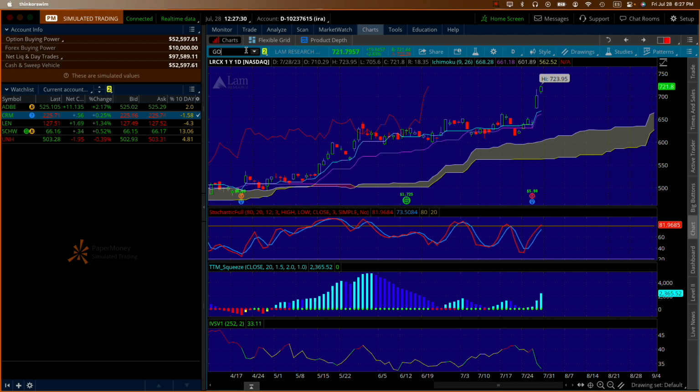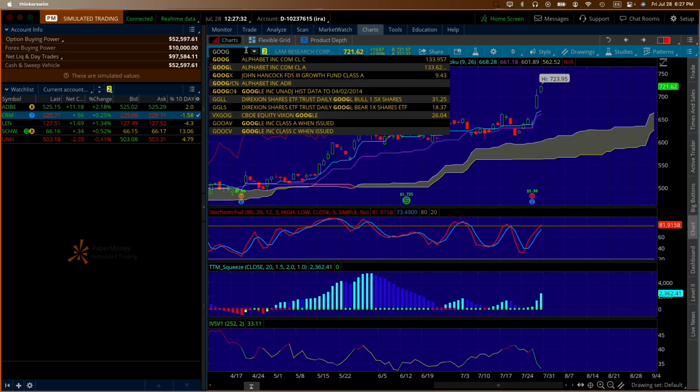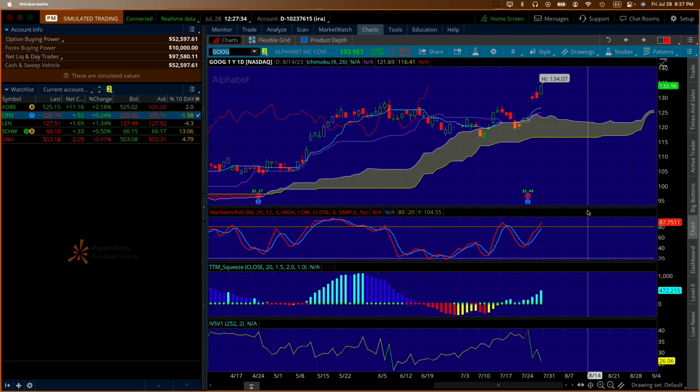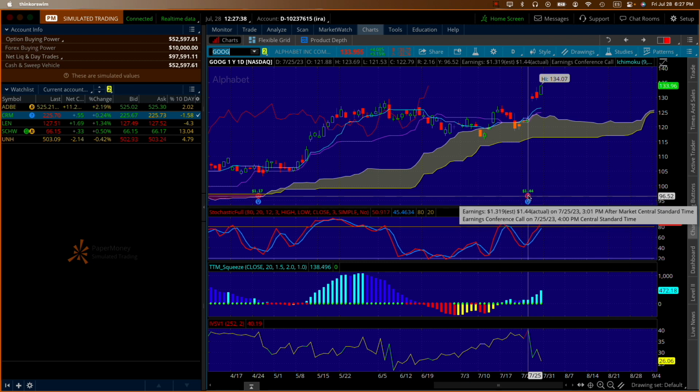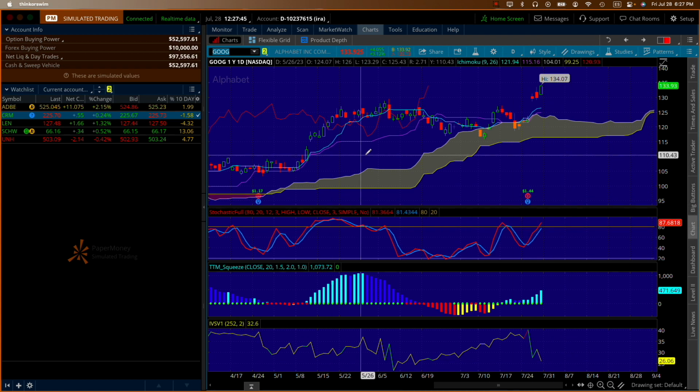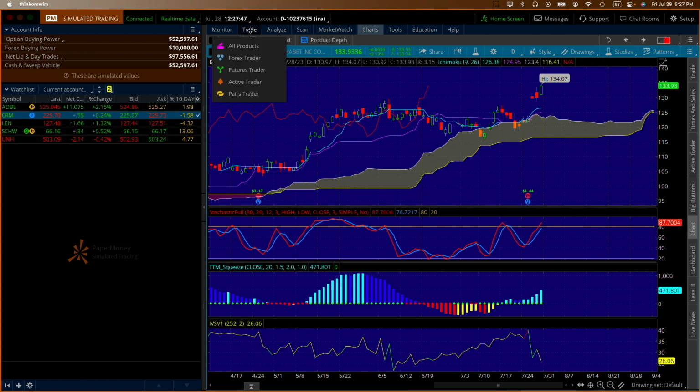The other is Google, and this looks a little better. It's making new highs, volatility has dropped, earnings came well above expectations. And so, yeah, this seemed like a better trade. So let's go to the trade tab